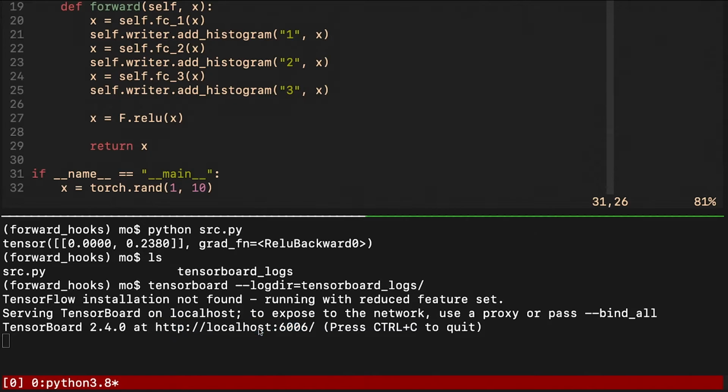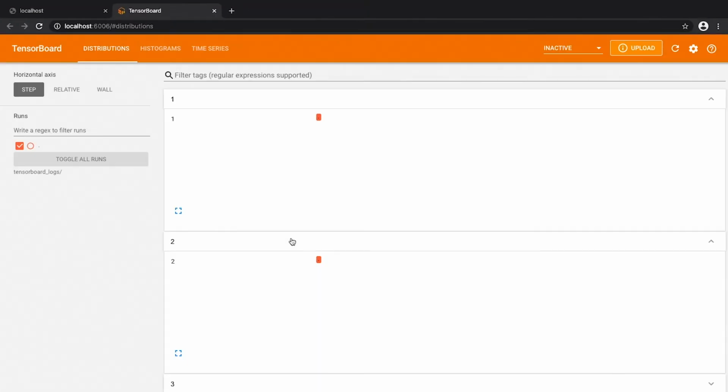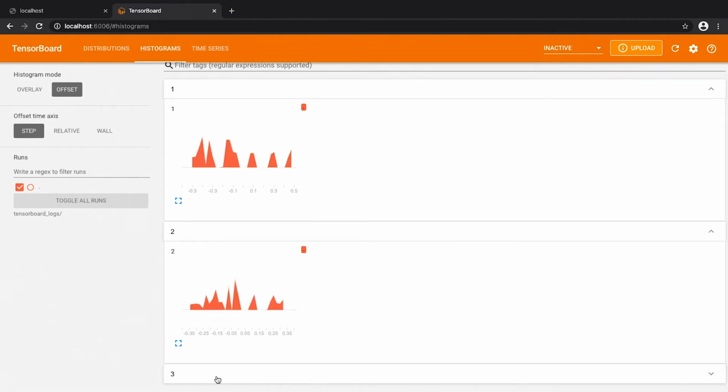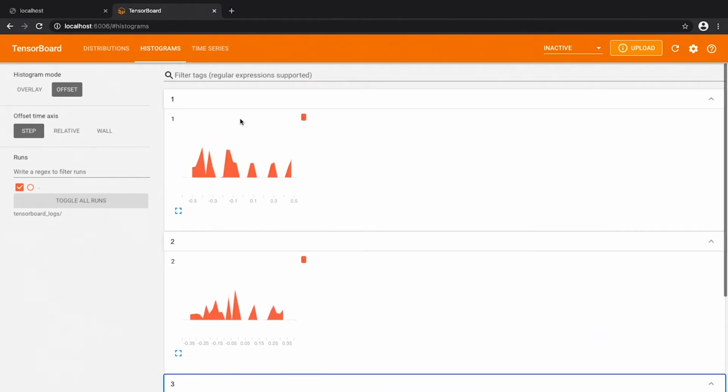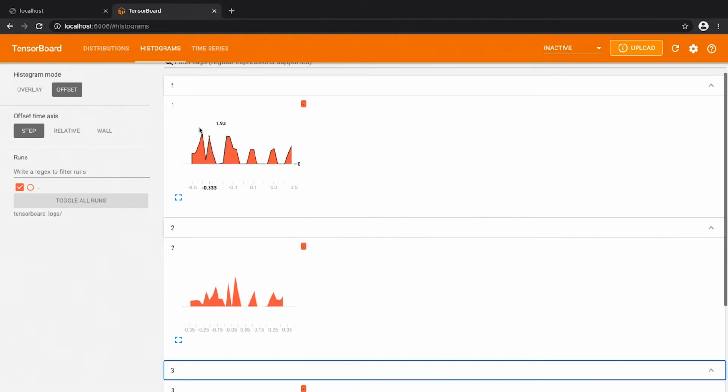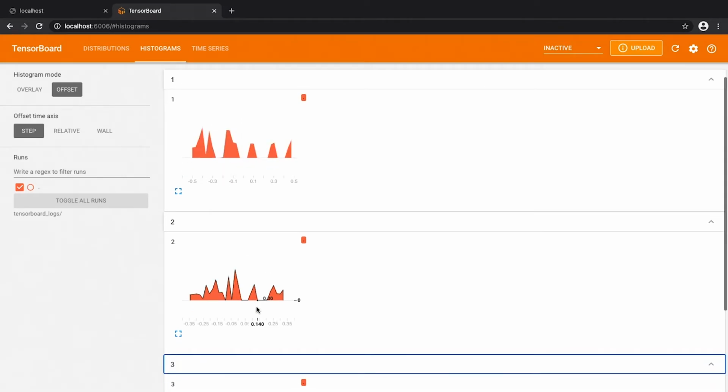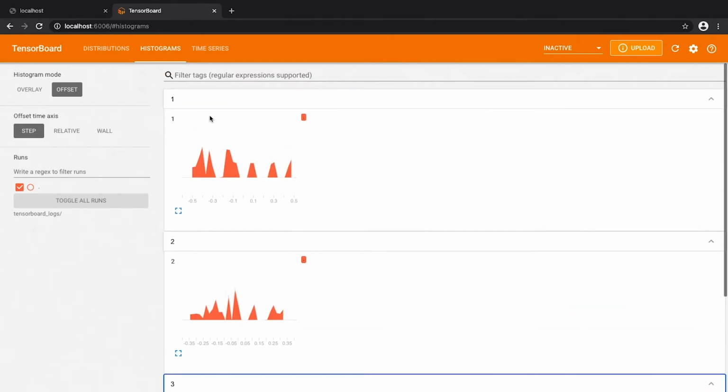And we can see right away that it proposes a localhost URL. And if we go to histograms, we right away see that all of the 3 tensors got logged correctly, and we see their corresponding histograms. Okay, so this definitely works, but as you would imagine, it's by far not the optimal approach.